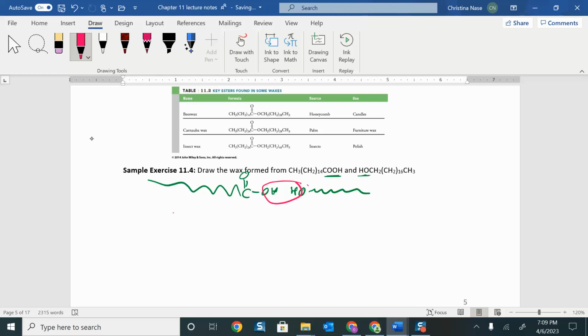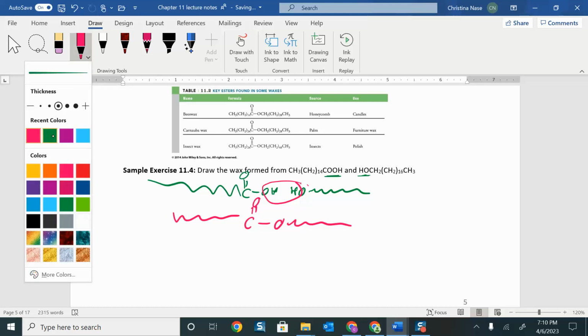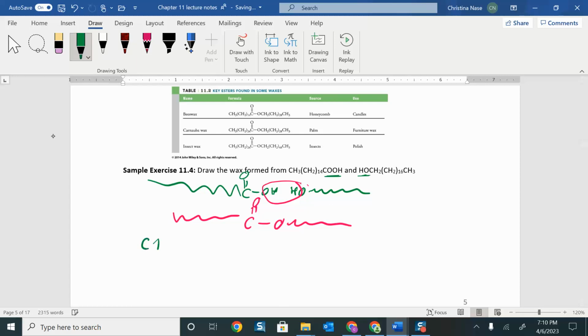So I'm going to end up with a long chain fatty acid with an O, and then a long chain over there. That's what we're looking for. We're trying to build that ester. So what are the pieces that we're going to have at the end? We're going to take this CH3, CH2,